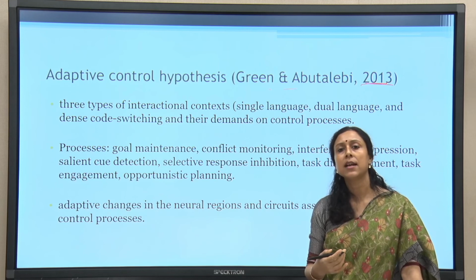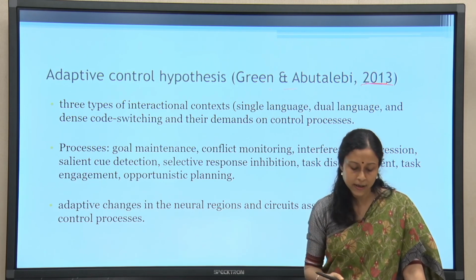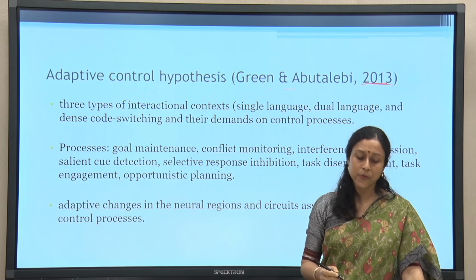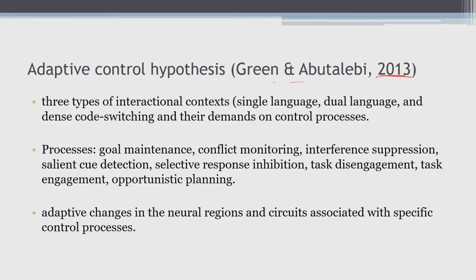effects on the different kinds of cognitive control processes. So, what they basically talk about is the interactional context of bilinguals. Interactional context, they define it in 3 different ways. So, there is a 3-way difference in terms of switching language. Language switching, we have just seen, and task switching are similar in terms of response inhibition and so on. So, depending on that they have a 3-way difference: single language, dual language and dense code switching